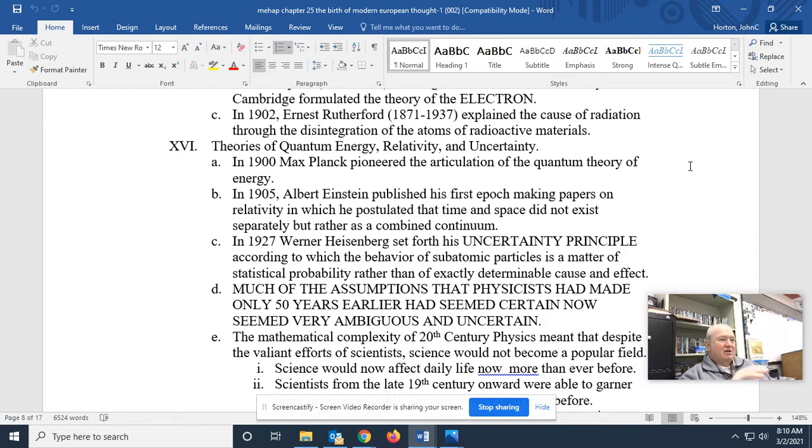And this is where you get into that whole study of, if you travel away at the speed of light for a year, when you return, you'll be younger than you were when you left. And I don't know. I don't get it. I don't understand it either. It doesn't make sense to me. It did to him. Time and space do not exist separately, but in a combined continuum.